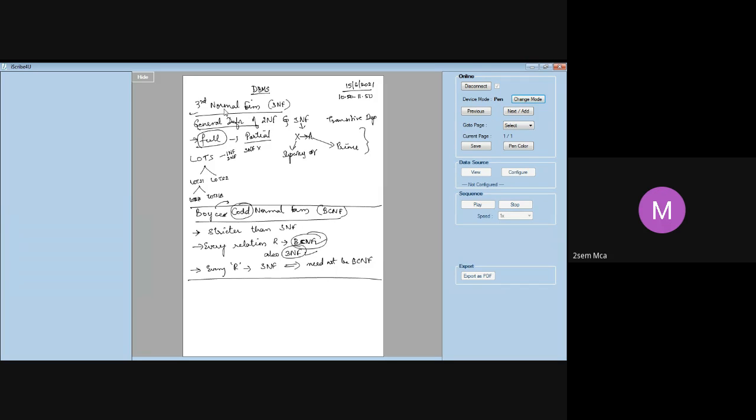One more important point is there. I will tell you after the definition. Let us try to understand what is the definition of Boyce-Codd normal form. Now, a relation R is said to be in Boyce-Codd normal form if whenever you have a... please mute whoever it is, there is some disturbance.